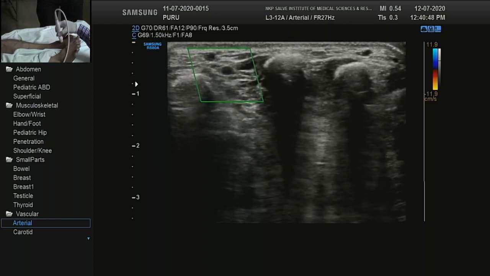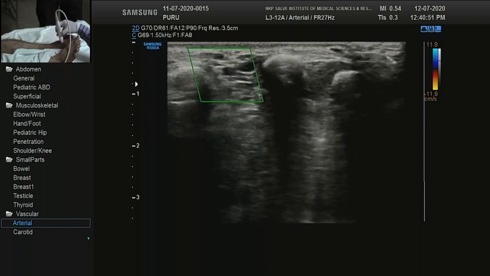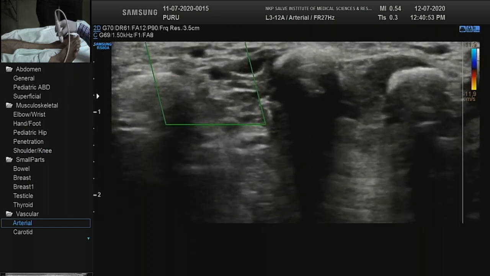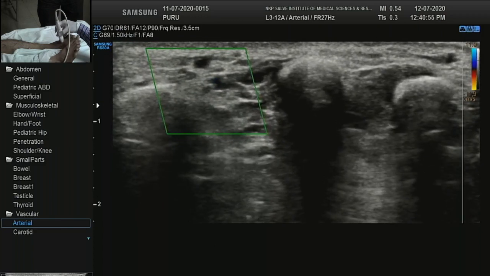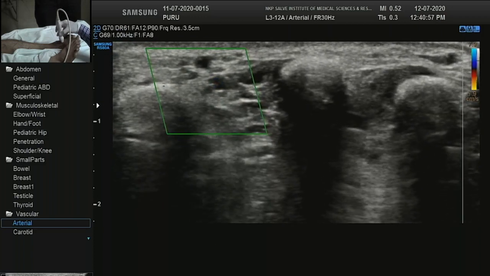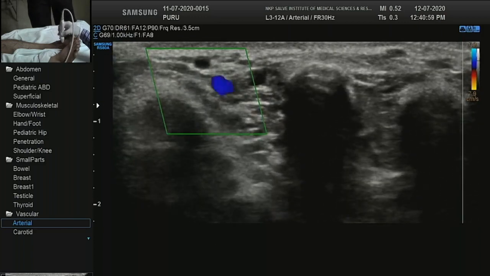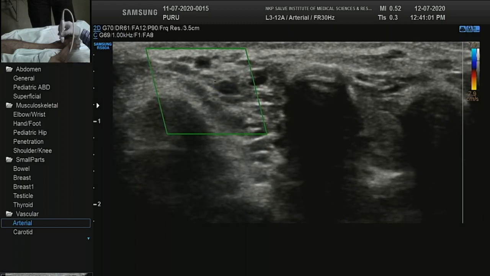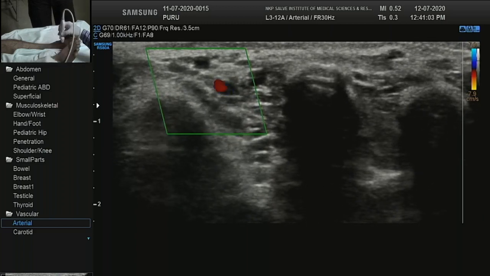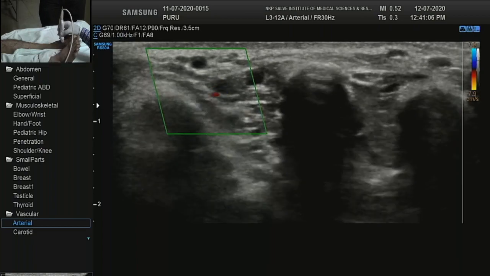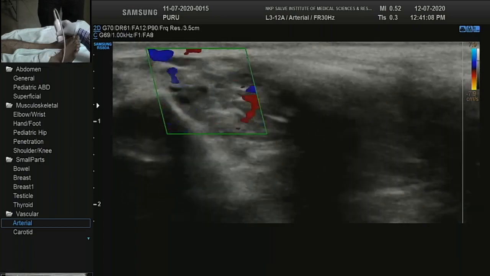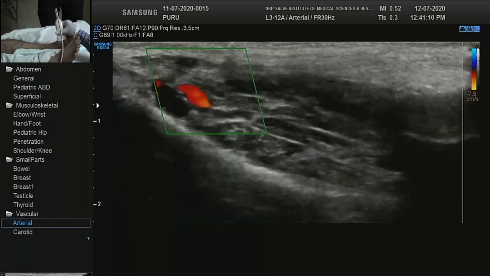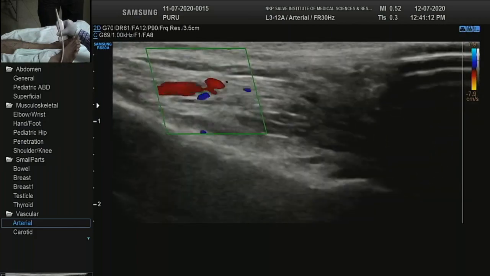At this point I am seeing the artery pulsatile, but not much flow is appreciated. But if you angle this probe cranially, the insonation angle has reduced and the color flow pickup has increased. Same thing in either long or transverse section: same principle, same information.